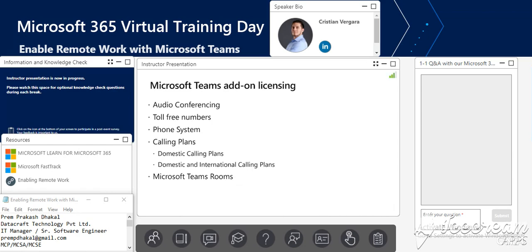So in terms of Teams, we have different audio conferencing add-ons for each one of those features. Definitely there will be a price involved in terms of licensing. And also for those calling plans, remember, in this case, Microsoft will provide the numbers directly. You have either domestic or international calling plans, and definitely there's a different license available for each one